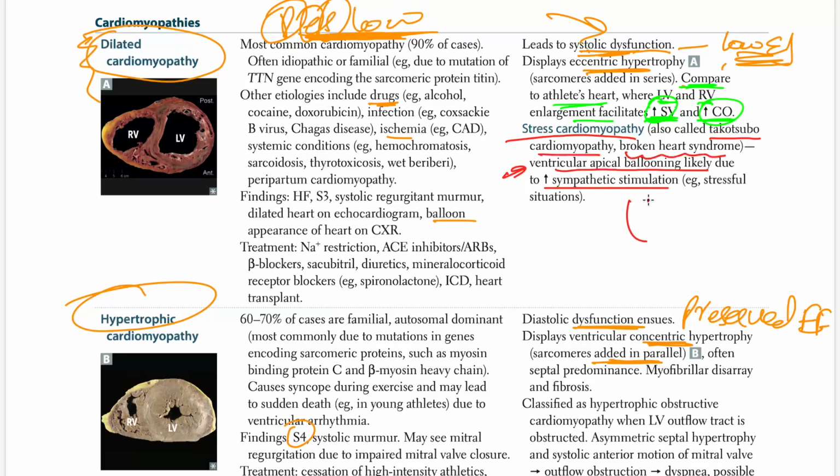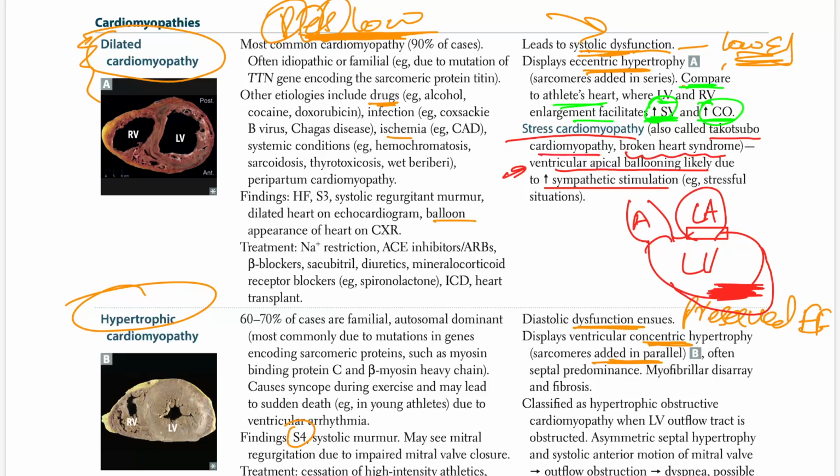Simple. So we have aorta and we have ventricle, right? So the apical side is this here. Let's just do a proper one. Let's say this is left atrium and this is left ventricle in a proper manner, right? This is aorta. So where would be the apical of the left ventricle if this is aorta? Right here. This is apical. So this apical will balloon out like this, and there will be